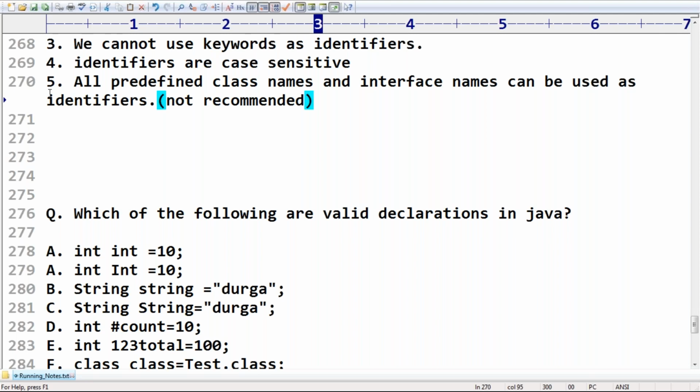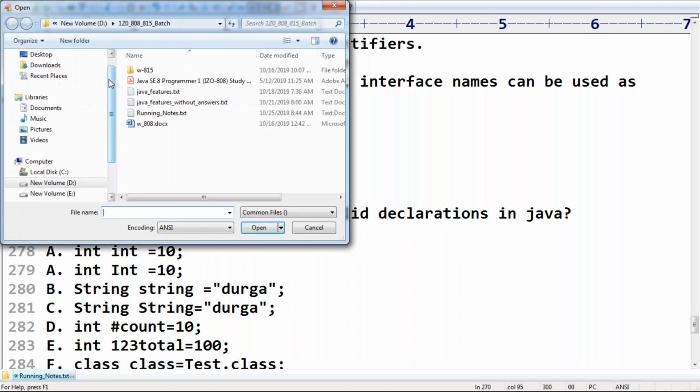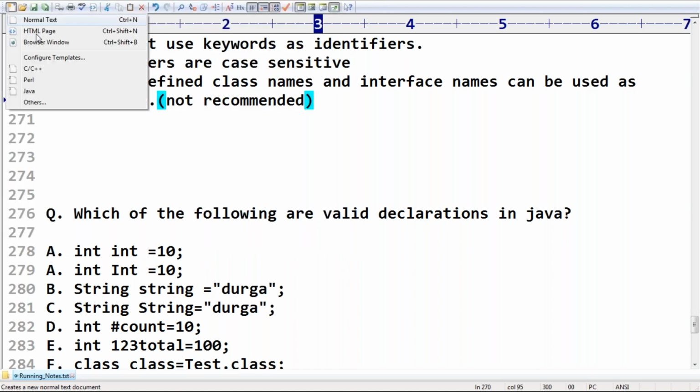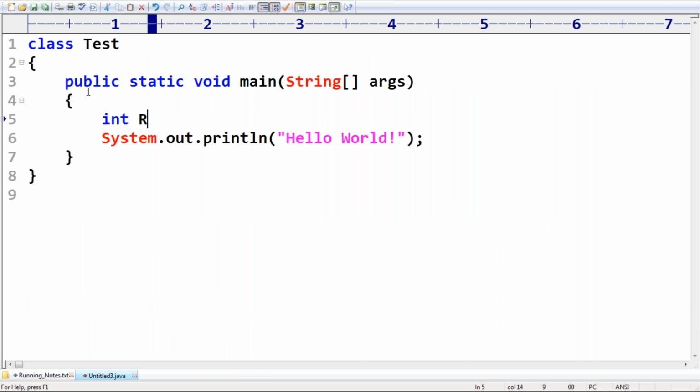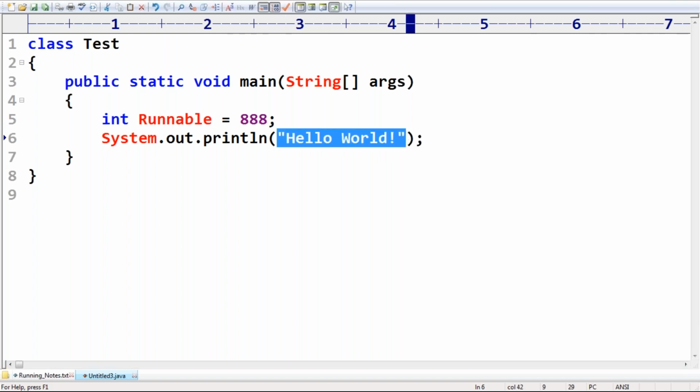Sir, can you please show one small example? You may ask, because this is one area where most people are going to have doubts, so let me clarify with a small example. int Runnable = 888; System.out.println(Runnable).